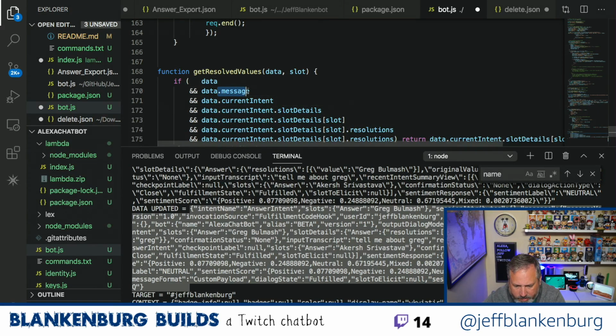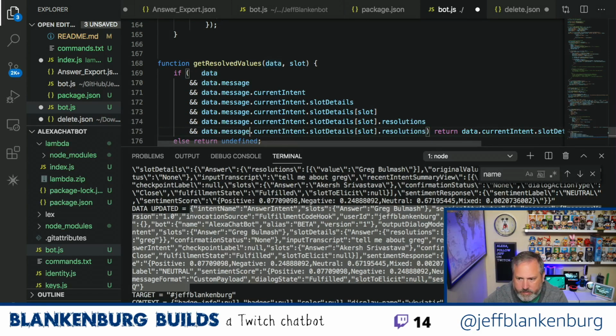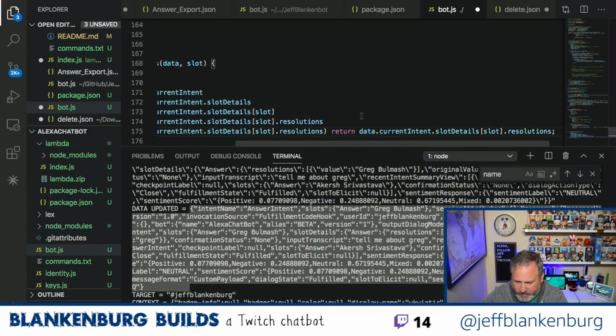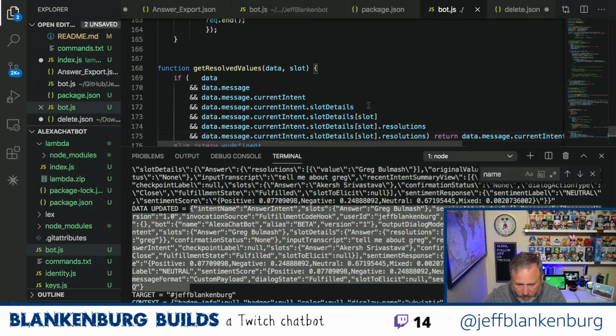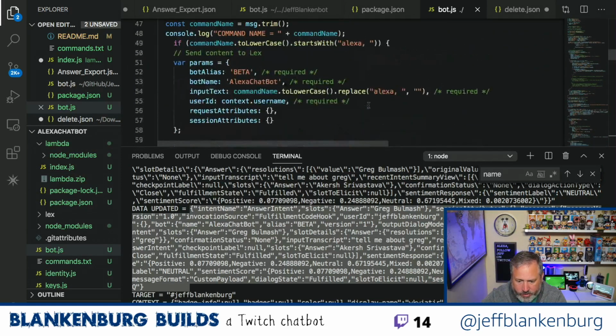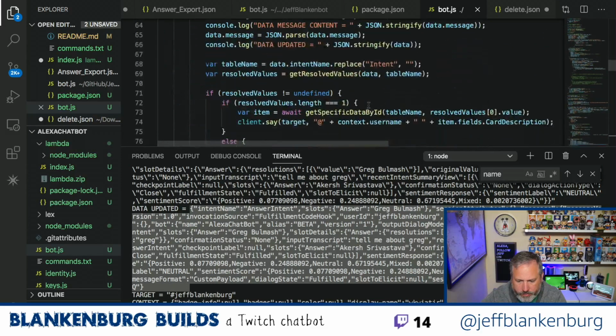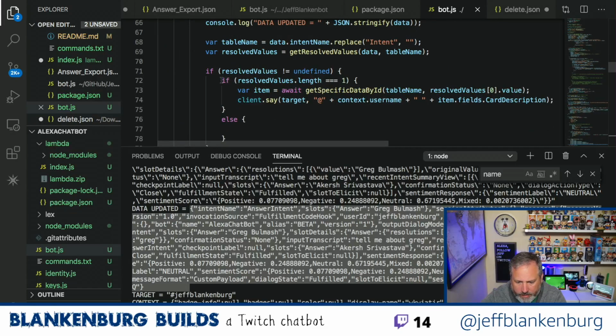We're going to take this .message and drop it into all of them, because what it's basically saying is, hey, you don't have any values. The reason we were failing is because I was looking in the wrong portion of the JSON. But now we should return resolve values that are proper, which should then allow us to get into this node here, which should get my specific data.